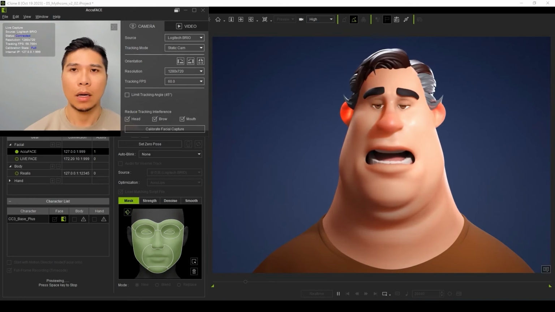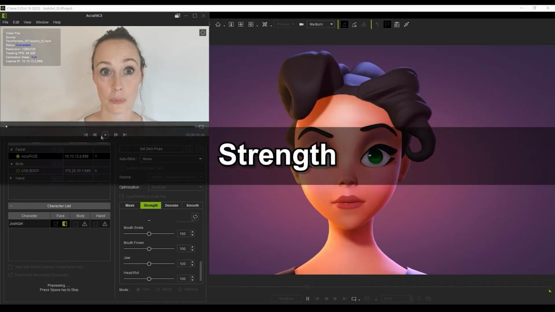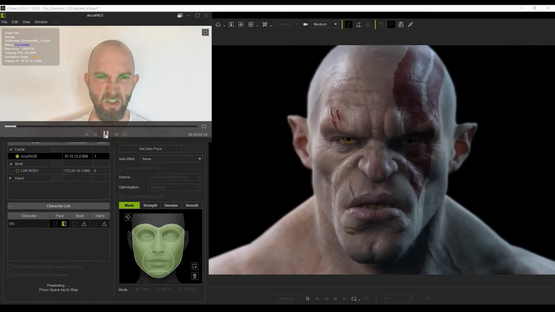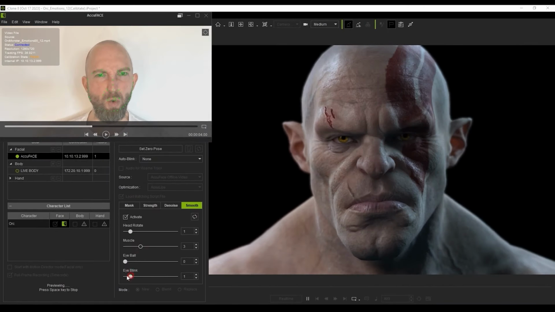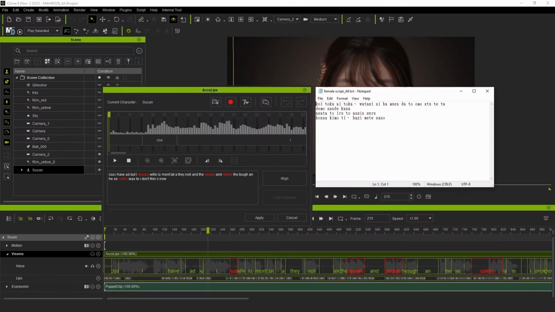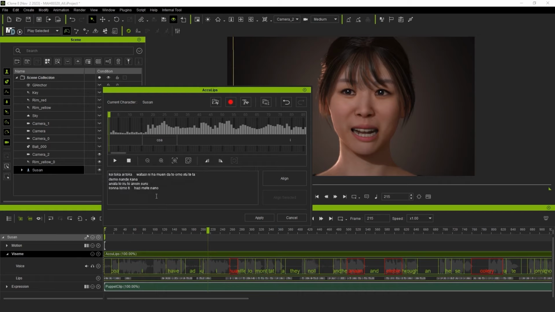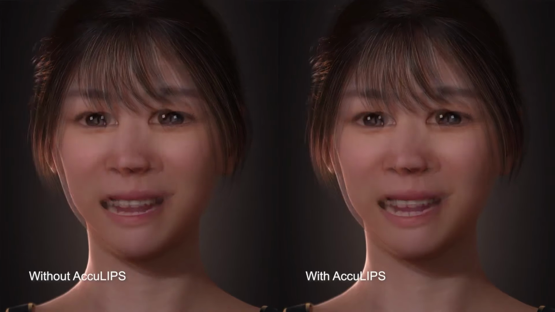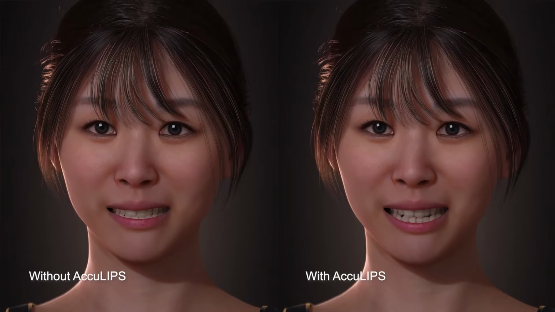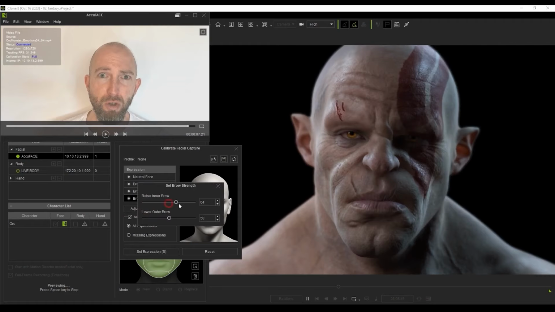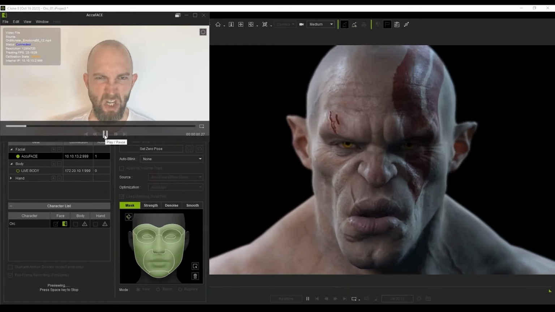And with AccuFace and AccuLips, your characters are more alive, with a full spectrum MOCAP refinement set of tools, which includes the strength balance, smooth filter, anti-interlacing, and noise. There is multi-language support for AccuLips, just in case you love to explore its capabilities beyond the English language. And with tons of parameters to create, emote, and also animate, Reallusion's suite of tools, including the brand new AccuFace,